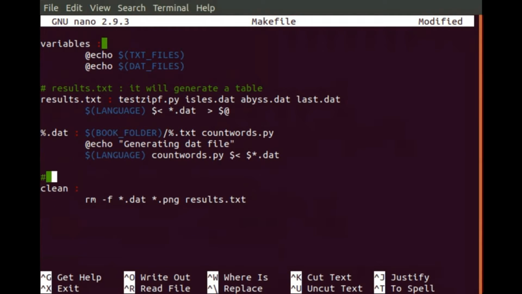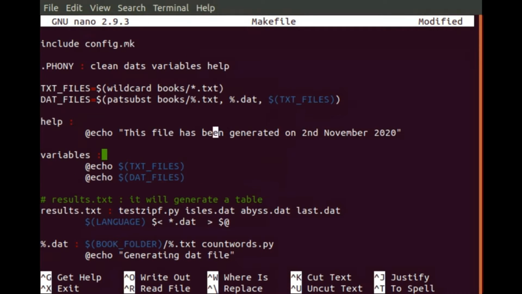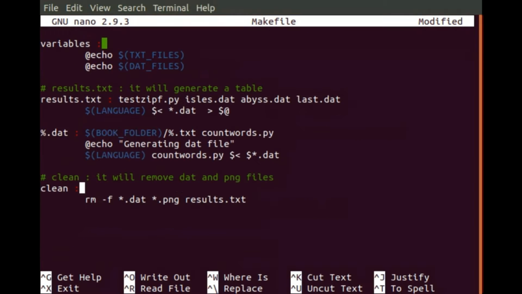Or imagine, for example, here, clean, it will remove data PNG files. Imagine that, for example, you want to print them in echo. What you can do is you can use, for example, double